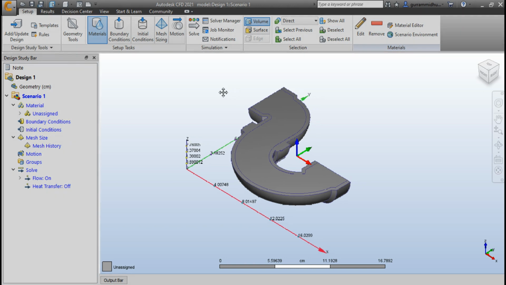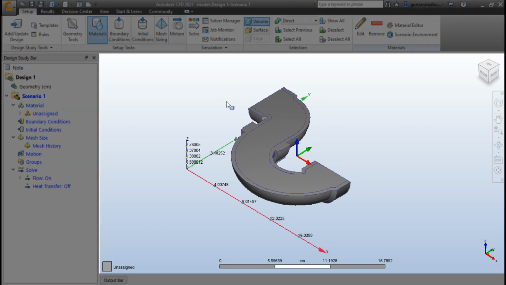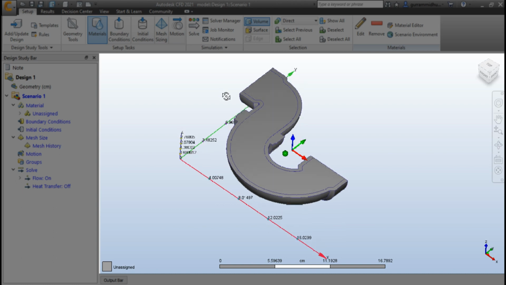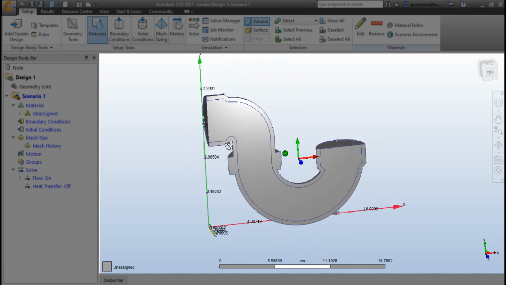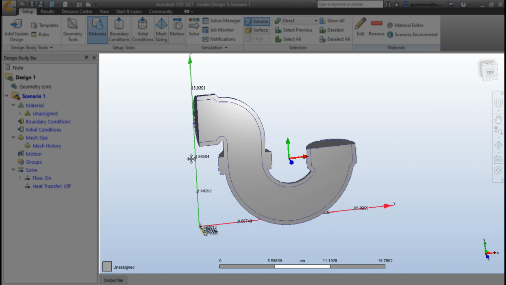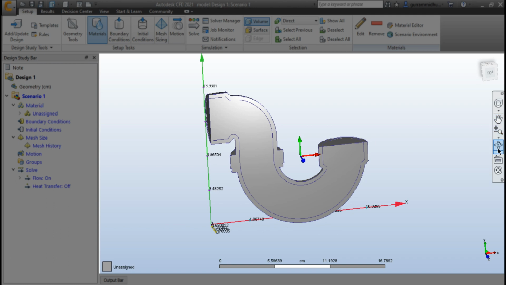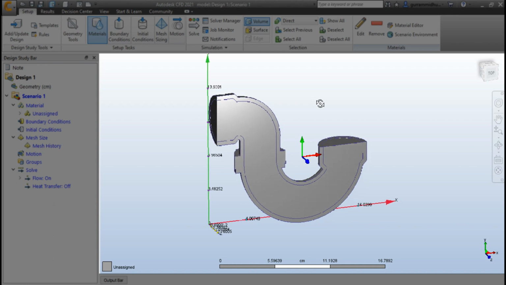But before that, you must be familiar with the navigation. The navigation things are same like Fusion. If you hold shift and if you hold middle mouse button, it will orbit just like Fusion. And if you only hold the middle mouse button, it will pan. Here we have navigation tools. Just explore these and pay attention now.